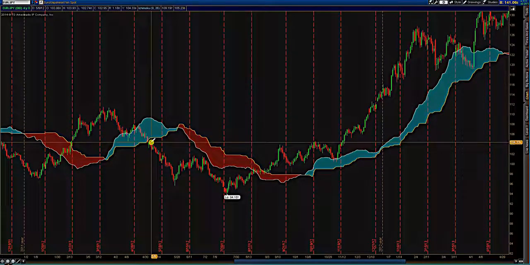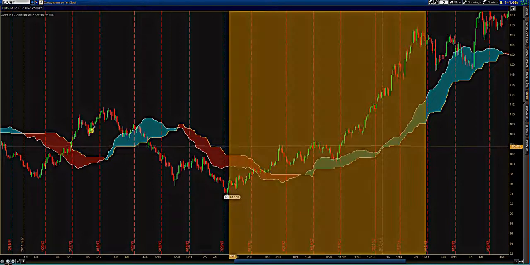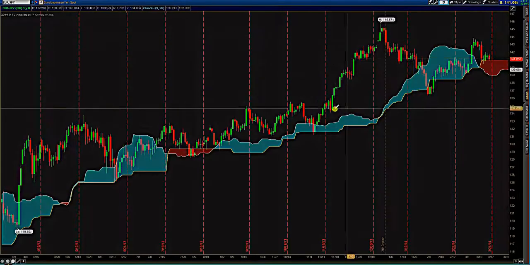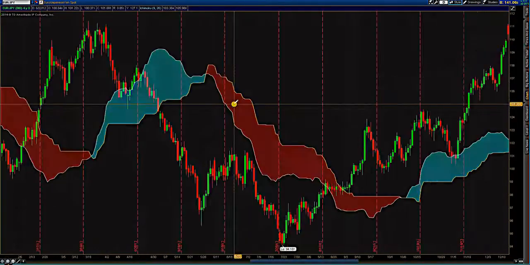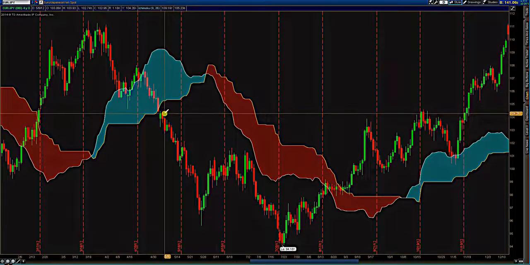And now on a daily time frame, you notice that the sentiment is now bearish. So we had a price break. Now we'll zoom in a little bit. So now we broke below the cloud